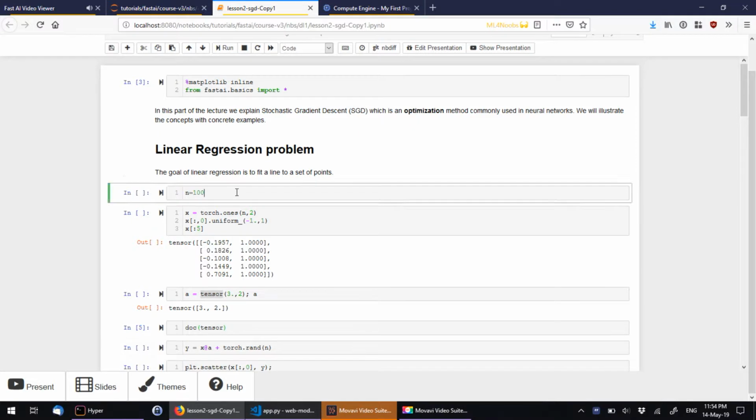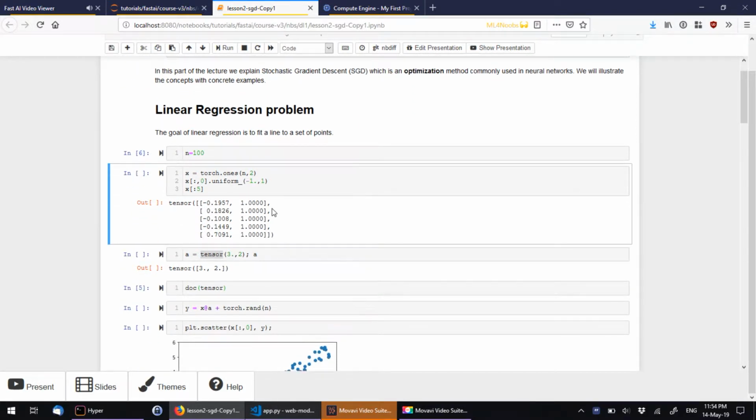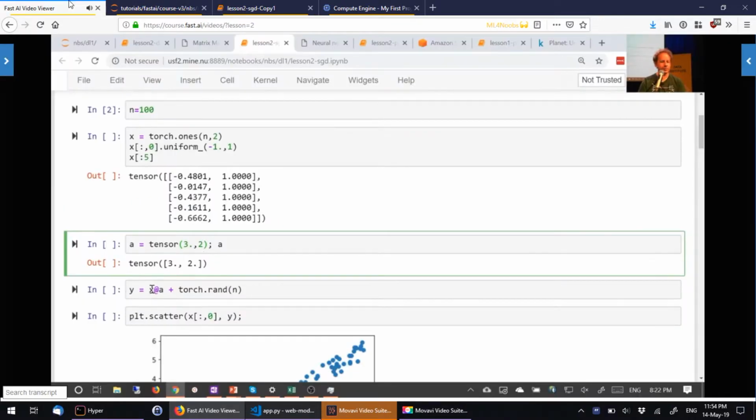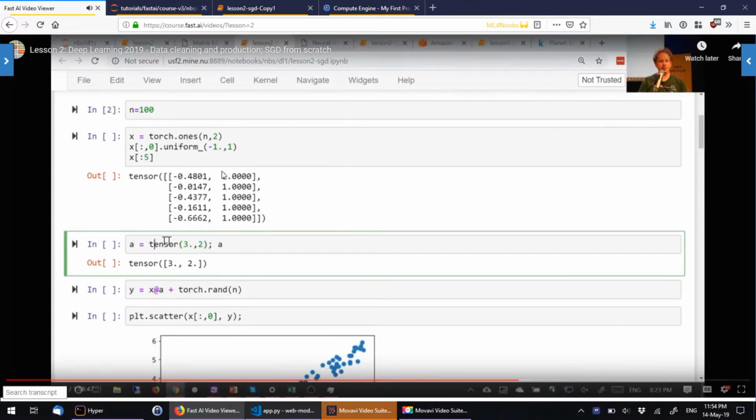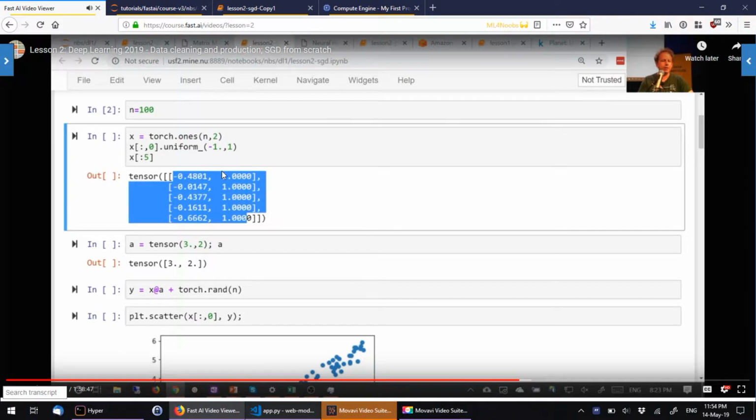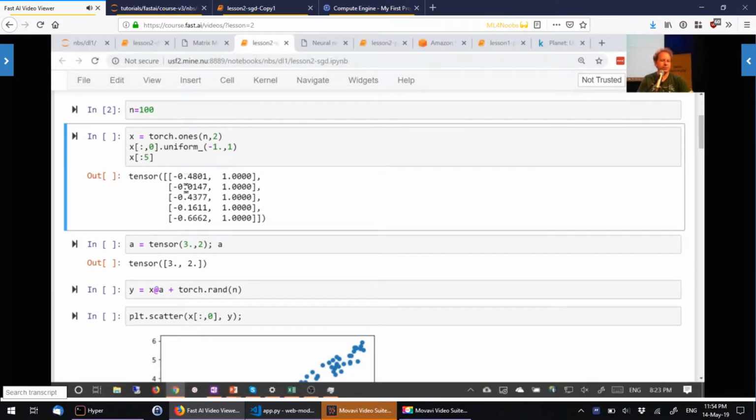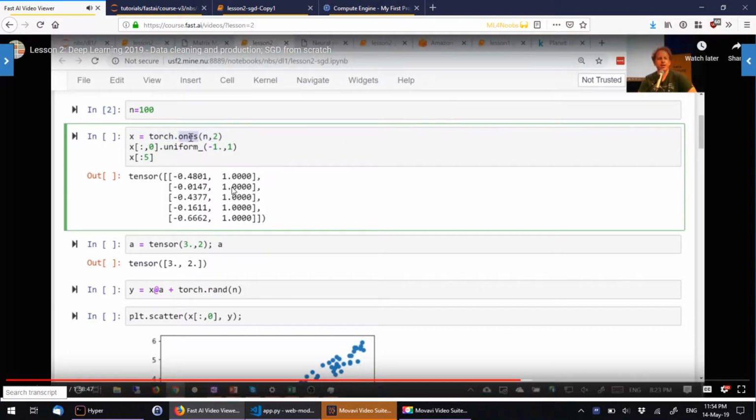Remember, we're not actually going to have a special case of ax plus b. Instead, we're going to say there's always this second x value, which is always 1. You can see it here, always 1, which allows us just to do a simple matrix vector product. So that's A. Then we're going to generate this x array of data, with random numbers in the first column and a whole bunch of ones in the second column. To do that, we say to PyTorch,